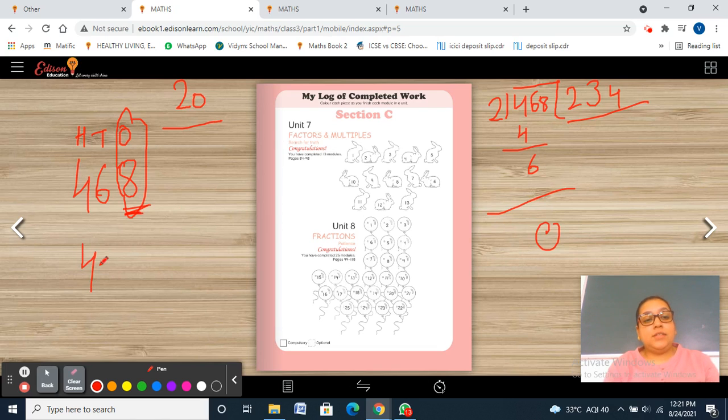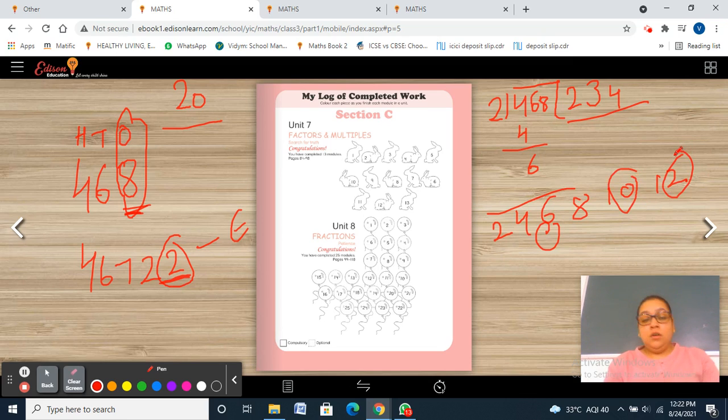For example, 4672. The ones place value is 2. 2 ones are 2. Yes, this is an even number. Without doing calculation, you just have to take the ones place value. If the ones place value is 2, 4, 6, 8, 10, 12, then 12 will get into the ones place value again. Okay, so you can see 0 to 14, again 4 is coming at the ones place value.